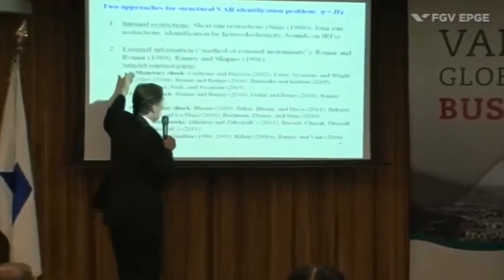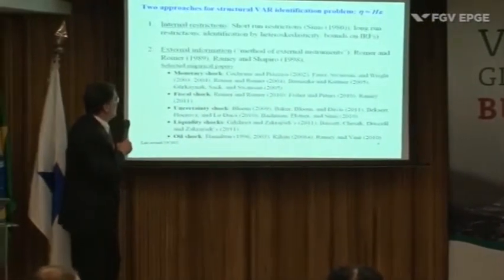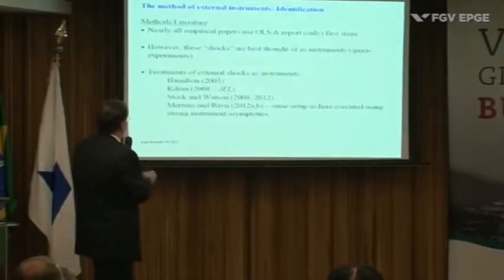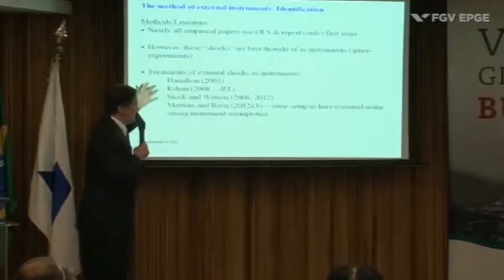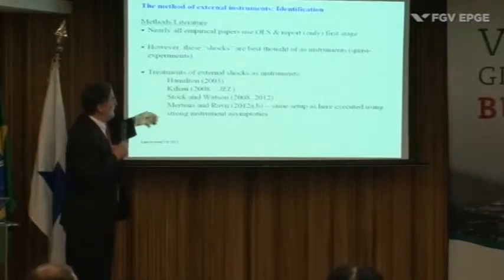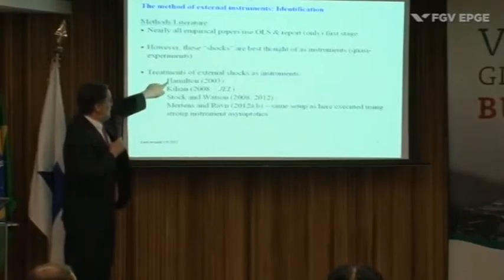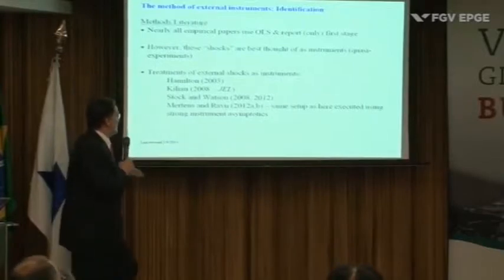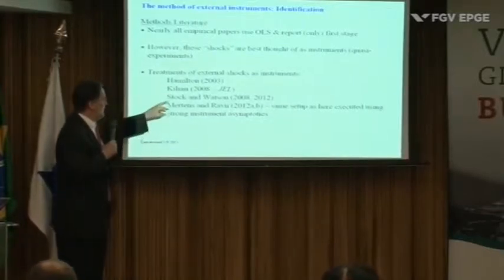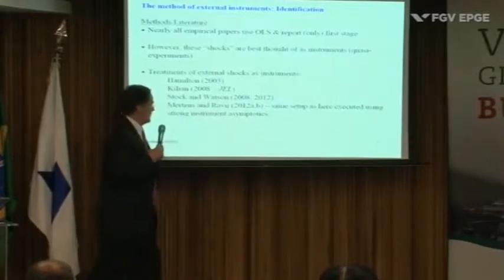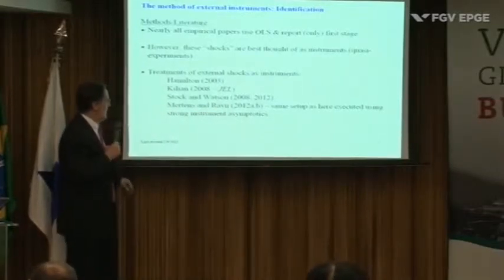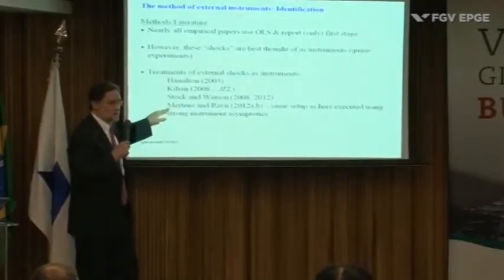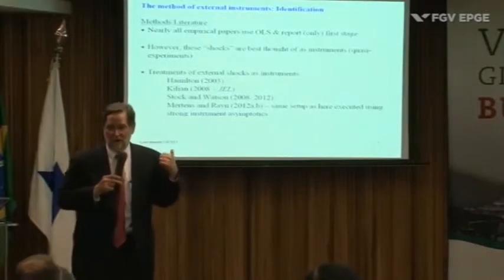So what we're going to do here is we're going to think about this using these guys as instruments in kind of a two-stage least squares way. Now, this paper isn't the first to do that. Jim Hamilton did this in a nice way in a 2003 paper, and you can see Lutz's work in this in 2008. Jim and I had some work earlier, and there's two nice papers by Karel Mertens and Morten Ravn that do this. And their setup, as it turns out, is going to be very similar to what we're going to do here. We're going to handle some weak